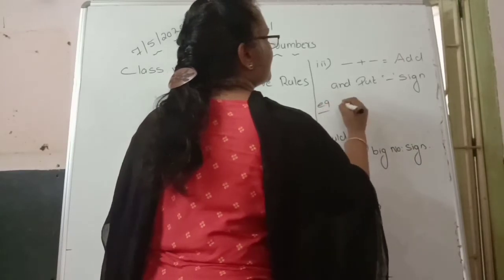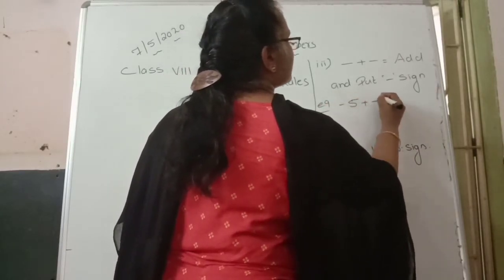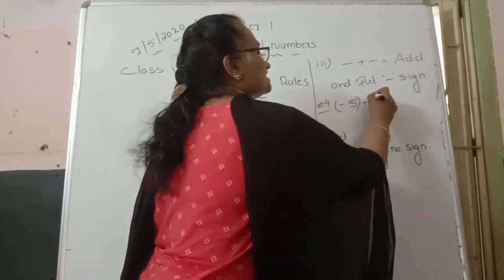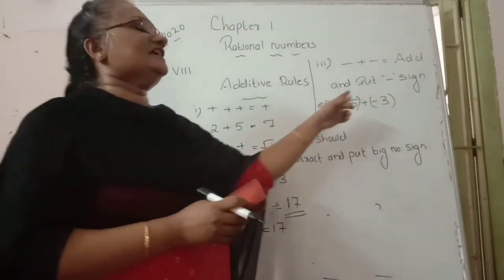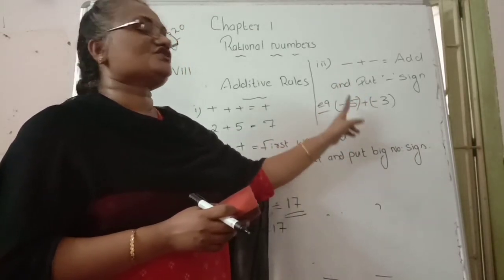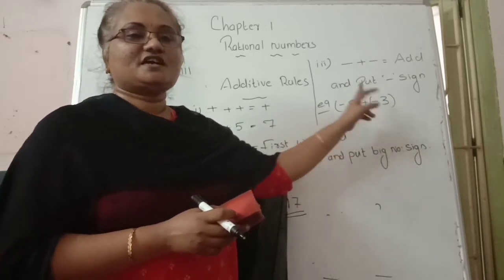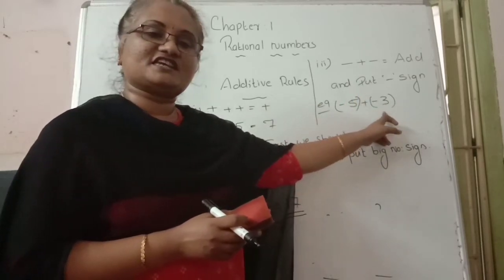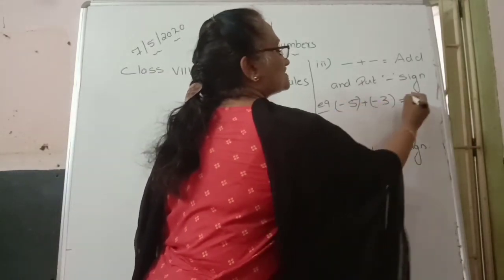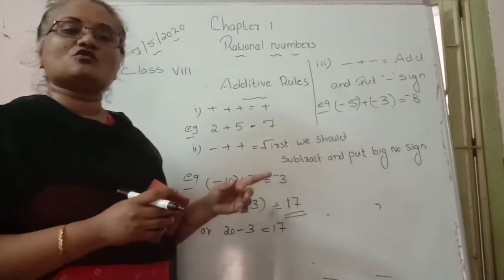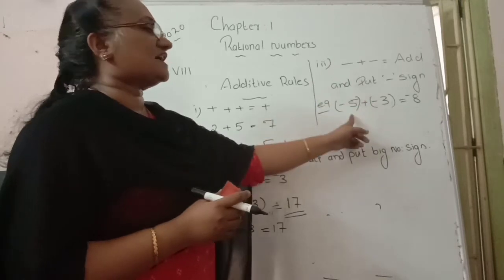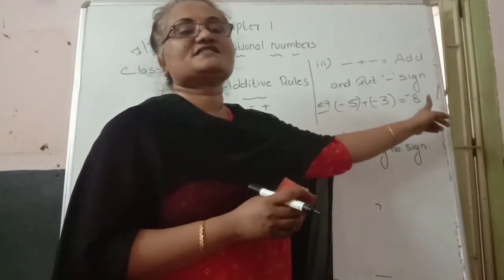See here an example. One example is minus 5 plus minus 3. So look here, minus 5 is a negative integer, minus 3 is also a negative integer. Both are negative. So what we want to do, first of all, we add these two numbers. 5 and 3 are adding. 5 plus 3 comes to be how much? 8. And both have the same symbol. That's why our answer becomes how much? Minus 8. So we can say that same sign means first we add and put the same symbol.